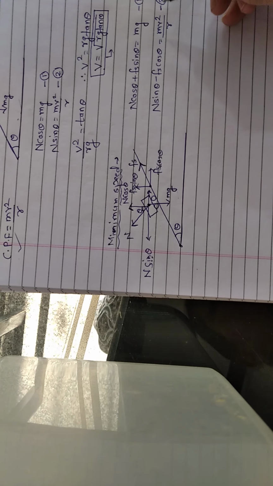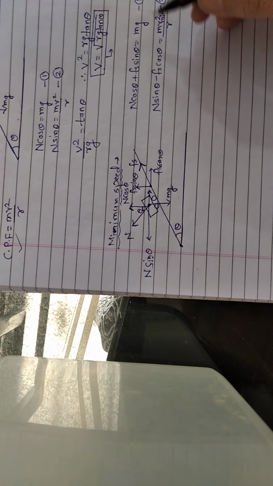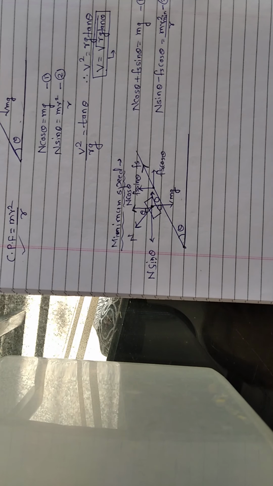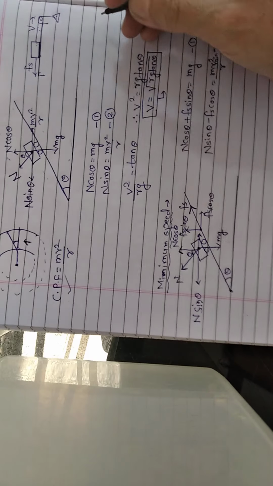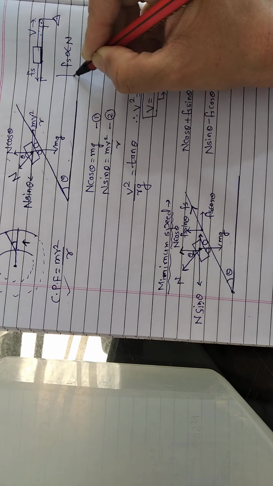In this case this V is the minimum, so you can write the minimum here. Now here again one concept you know, that in the last year we learned the laws of kinetic friction and the laws of static friction. What we learn in that is Fs is directly proportional to the normal reaction.